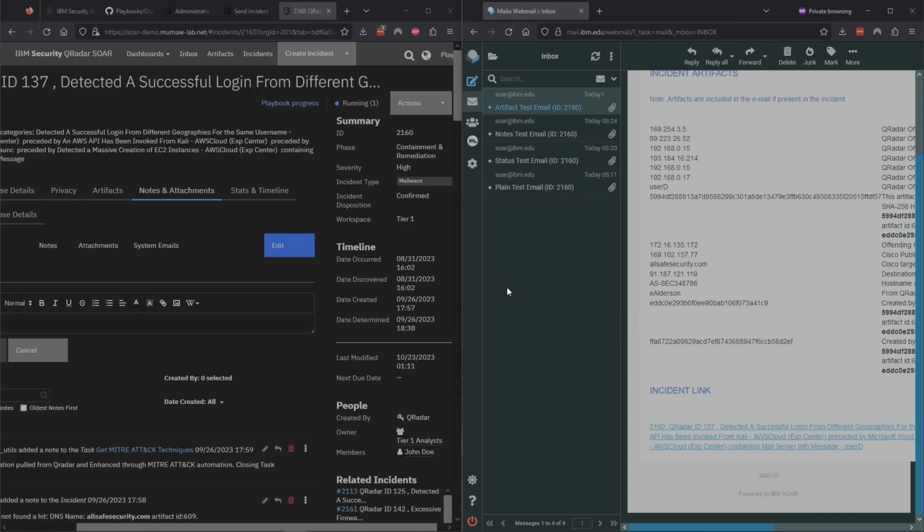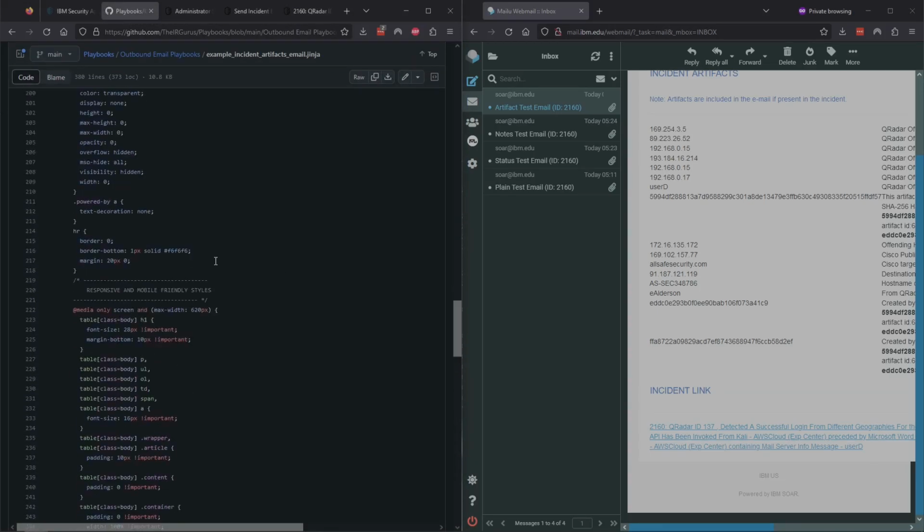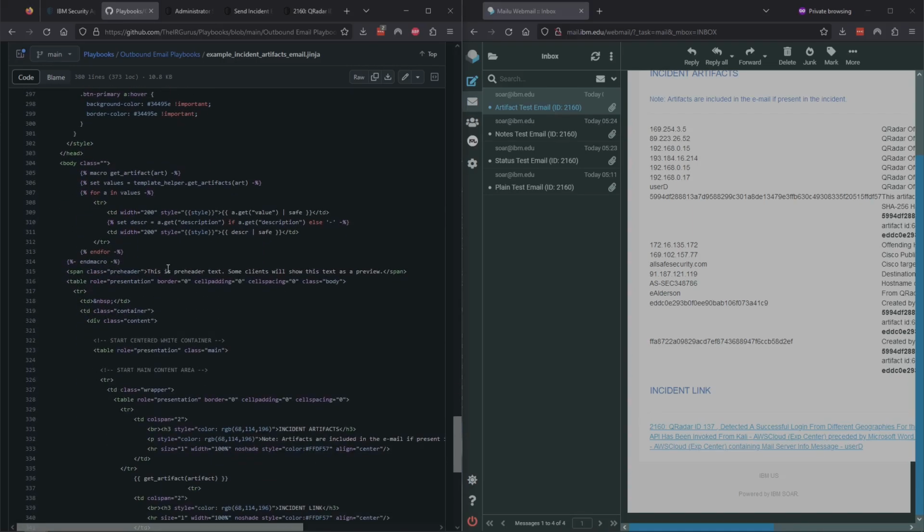All right. Now, keep in mind, I did put all of these as 3 different templates. If you wanted to create an overall template that is going to send you the status of certain incident fields, and then going to give you all of the notes and all of the artifacts to send out as one big status check for your email, then what you're going to want to do is go to your templates, and in the template section, you're going to want to make sure that you have every single one of these